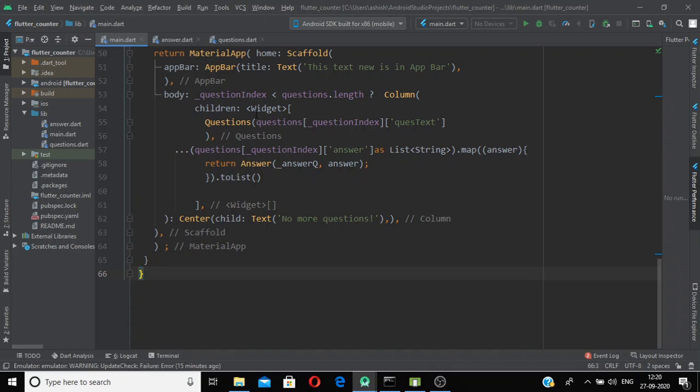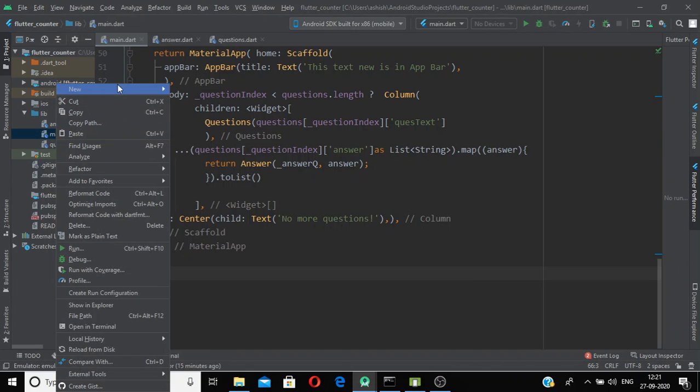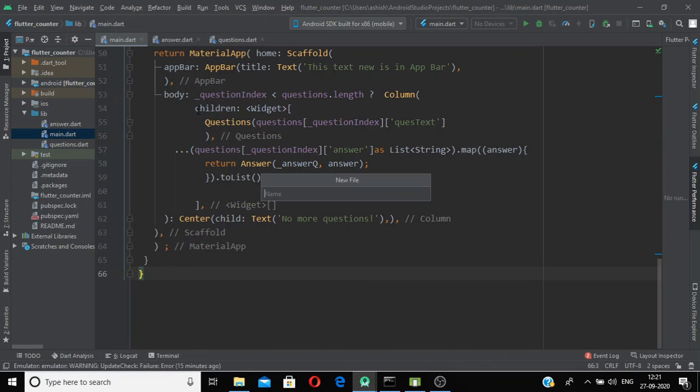So in this video, what we are going to do, we are going to put this if logic, that column logic after if, to another file, just as we did with the answer widget and the question widget, and we put our custom widget here. So let us start. In this case, previously, you go to your this, right click on this thing and create a separate file, that is quiz dot